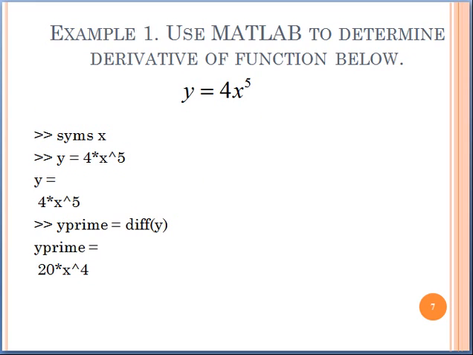Now, coming towards the example, this is a very easy example, and we will see it in different ways. Suppose I have a function y that is equal to 4x to the power 5. I want the derivative of the function y. Then what command will I use? The first way is, first write syms x. We have just seen this; we have to write this because x is a variable and I have to define it. Now we are defining the function y, that is 4 into x to the power 5.